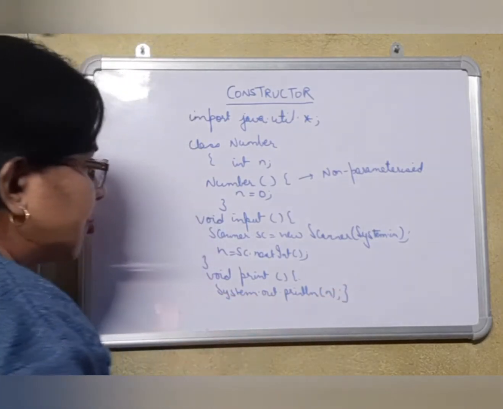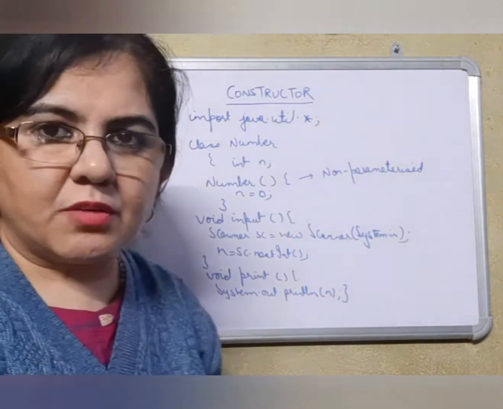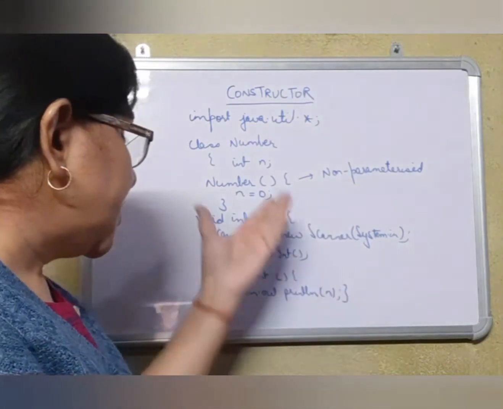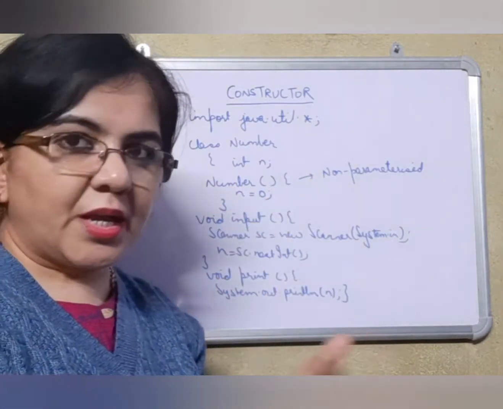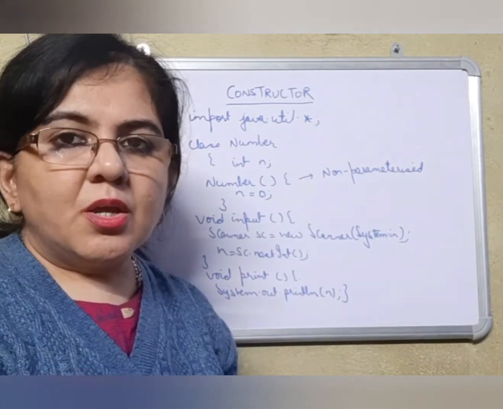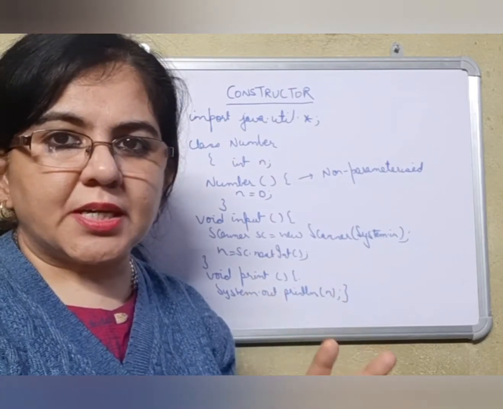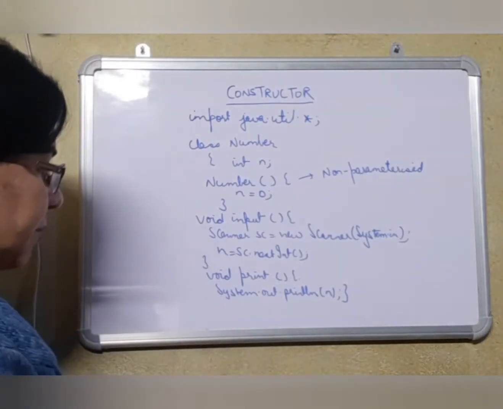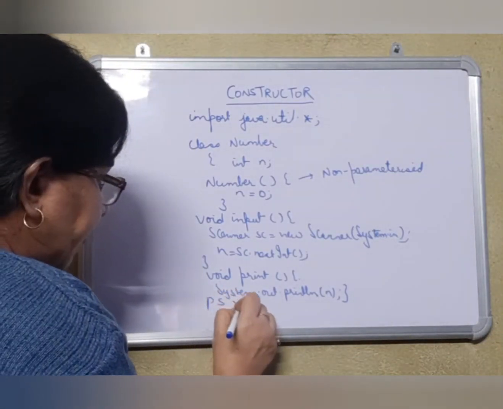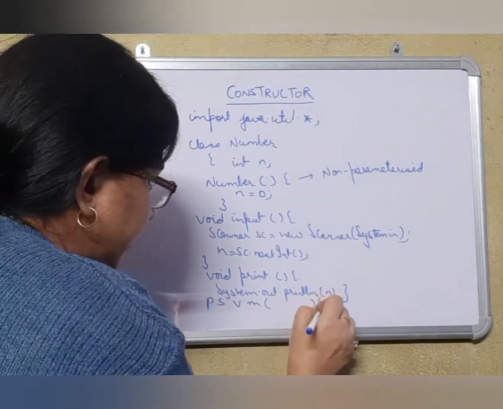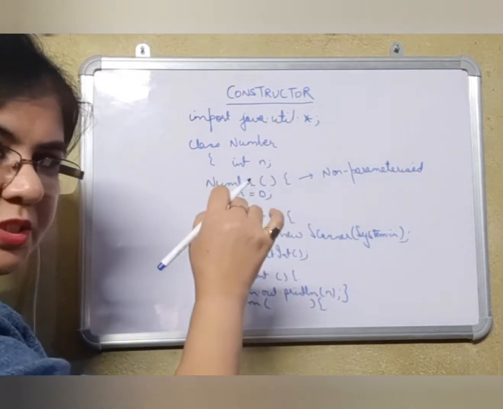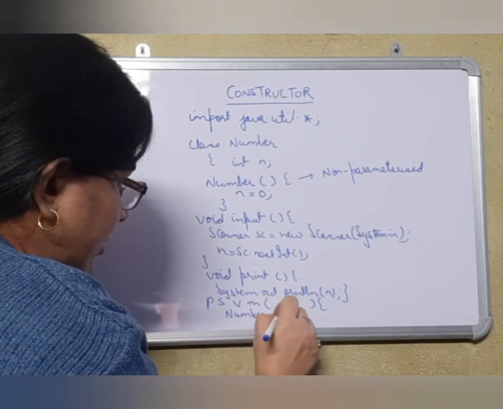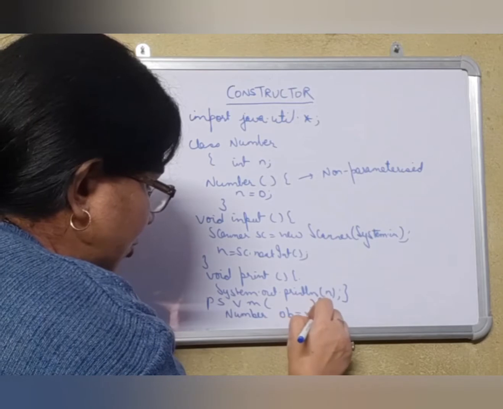Now after seeing this program, you will see that there is no use of a constructor. What is a constructor doing? It is only giving a 0 value to n. So basically what is the main use of this constructor? And as I told you, there are two functions. One is to create the object of the class and second is to initialize the instance variables of the class. So if I create here public static void main and I want to create an object of this class, so we'll be writing number ob is equal to new number.